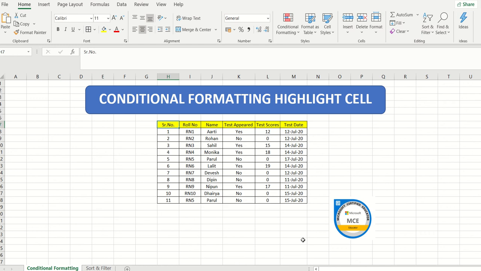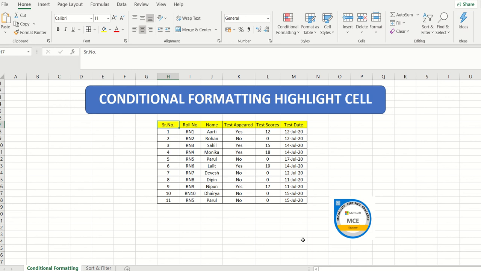Conditional formatting, as I have said, means the data is there with you, but you need to format the data. Formatting means you need to change the color coding and everything. However, you will be applying certain specific rules to it. And in this part 1, I'm going to cover the first part of it, and later on in my subsequent videos you will be seeing other parts as well.